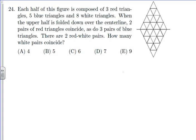And as you read through this, one of the things that is important to recognize is that they don't really tell you where these different colored triangles have to be on our picture. They just tell us how they have to match up. And so you can place them where they go. So I've found on this problem the best way to do it is to actually just create your own example